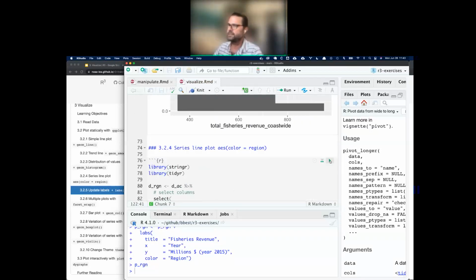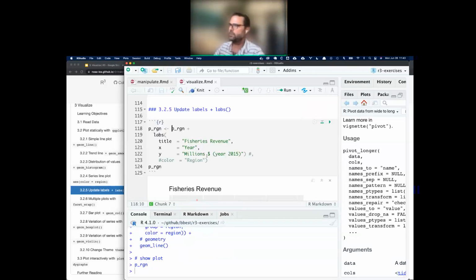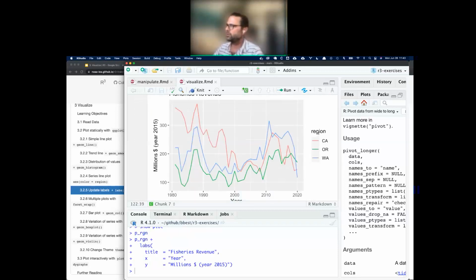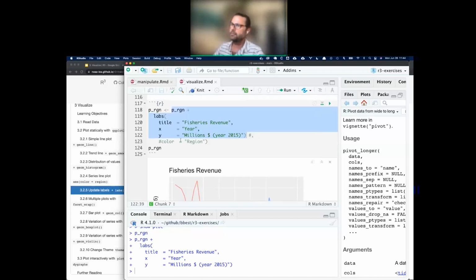I overwrote the definition. If I didn't have the color and I just ran it without, so I'm commenting the stuff I don't want to actually run, it's still the old lowercase region. So yeah, that's how we can easily set labs